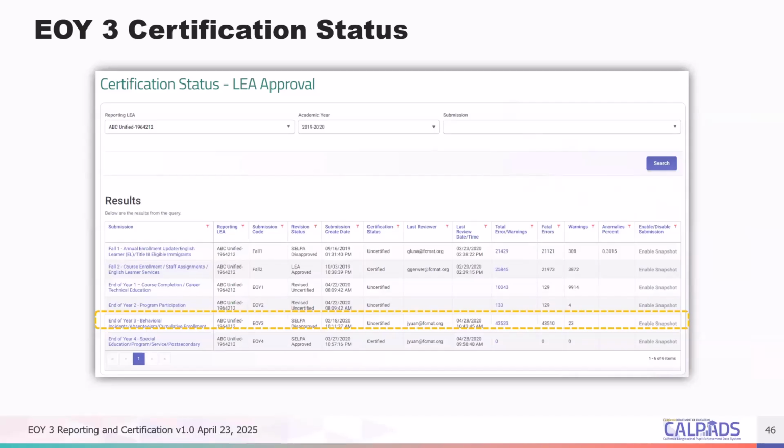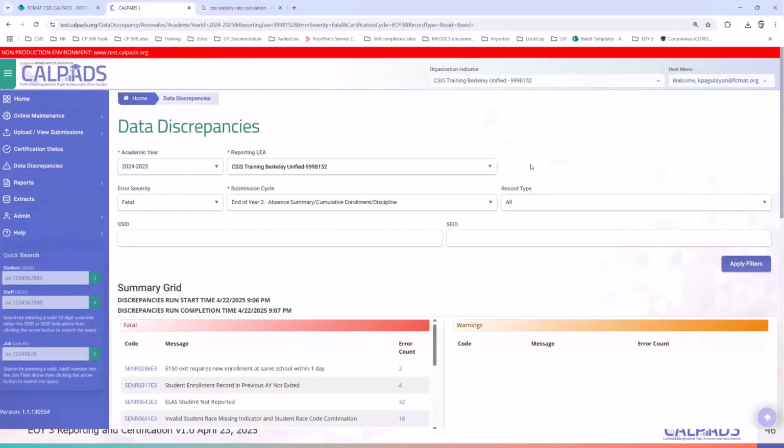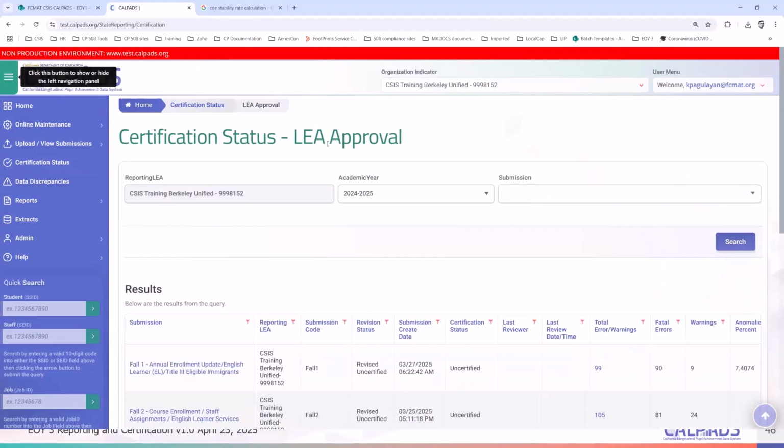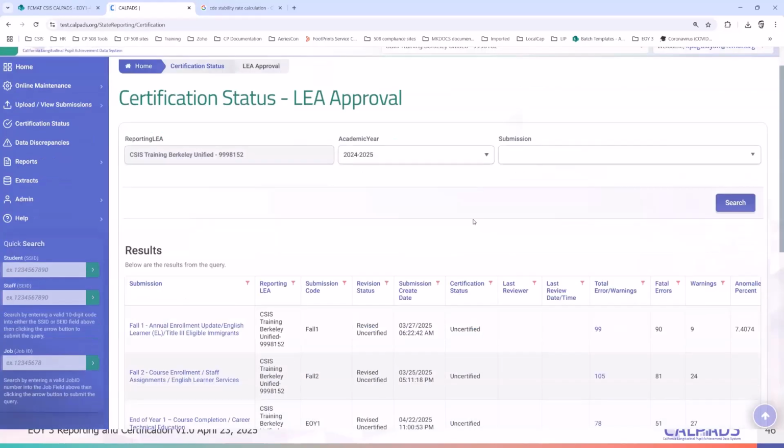So let me bring up our test site. Let's first go to certification status, because this is where most of the work would be, once the snapshot is active. For the certification status, you should be able to access this if you have the data certification role and the reports role.